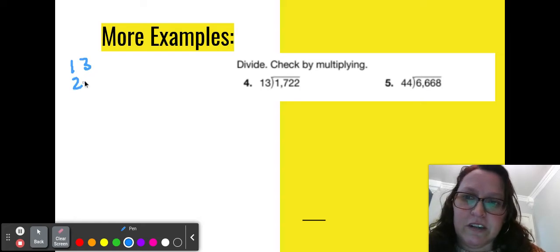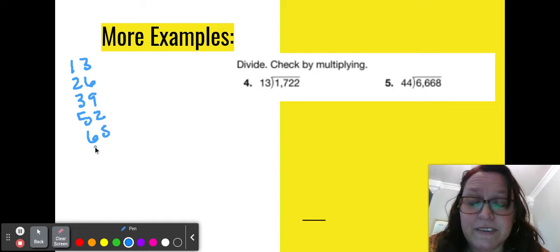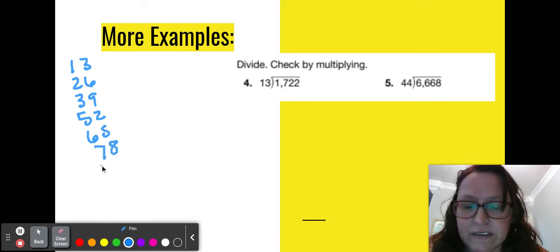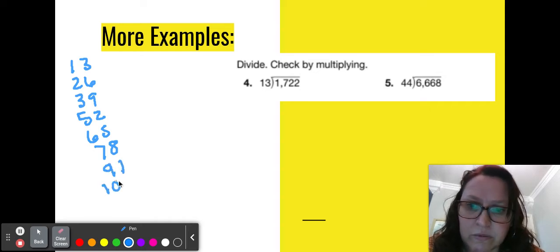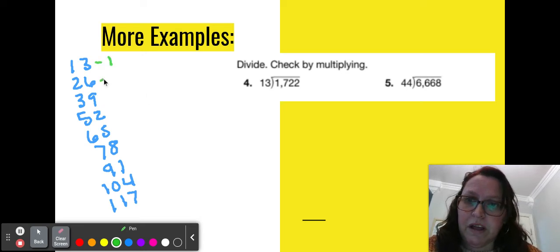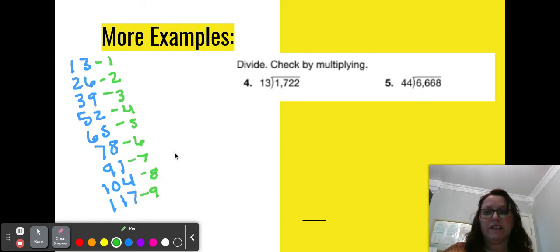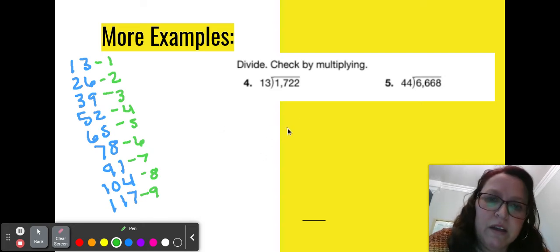13 plus 13 is 26. 26 plus 13 is 39. 39 plus 13 is 52. 52 plus 13 is 65. 65 plus 13 is 78. 78 plus 13 is 91. 91 plus 13 is 104. 104 plus 13 is 117. So I'm going to start with this. So 1, 2, 3, 4, 5, 6, 7, 8, 9. And then the next one would be 130. So let me write down